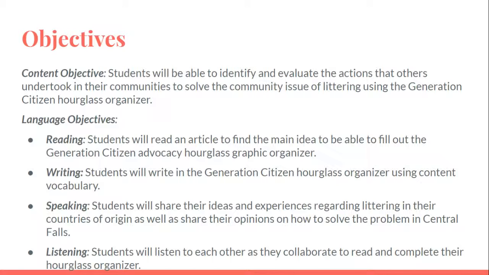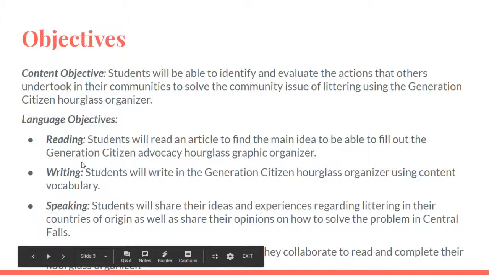So the community issue that my students have decided for their Action Civics project is littering in Central Falls. And so they will be reading an article about how one town in Guatemala has decided to tackle their own issue of littering. In their case, they put in a law to ban plastic. So the learning objectives, reading: they'll read an article, then they'll have to write and fill in an organizer,